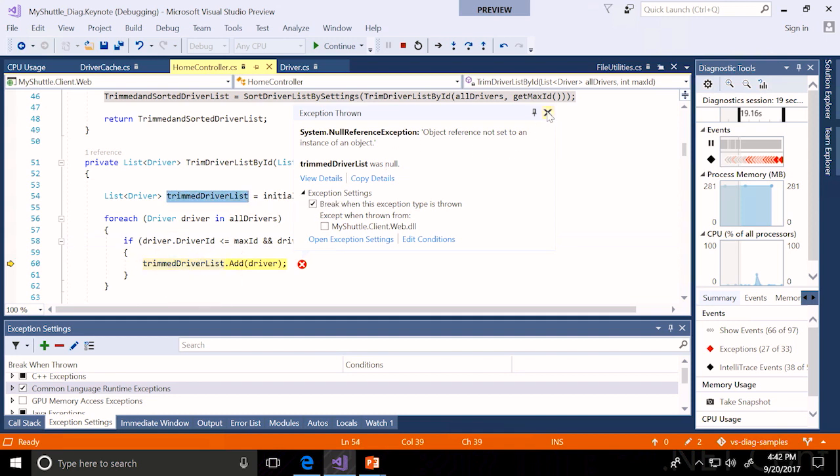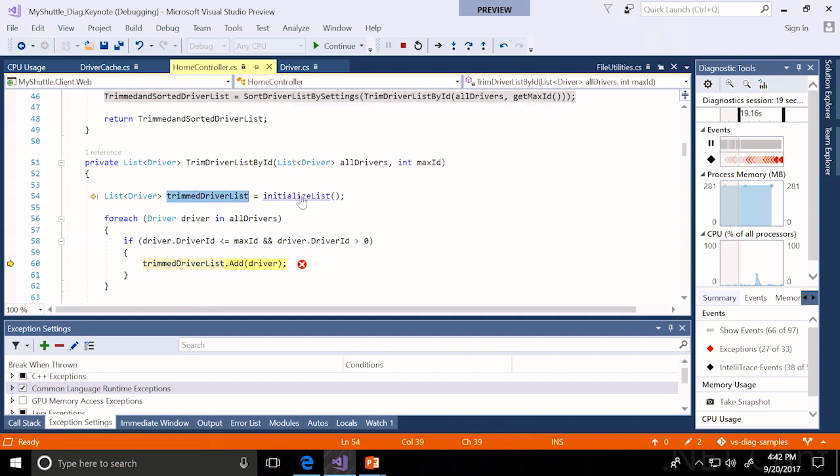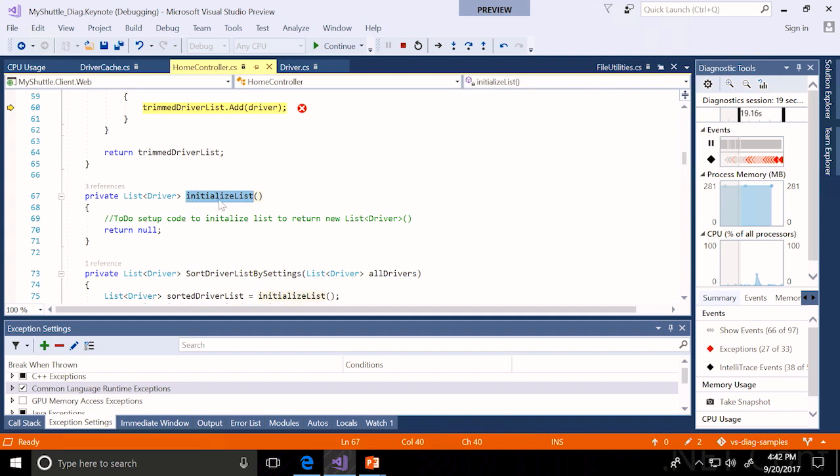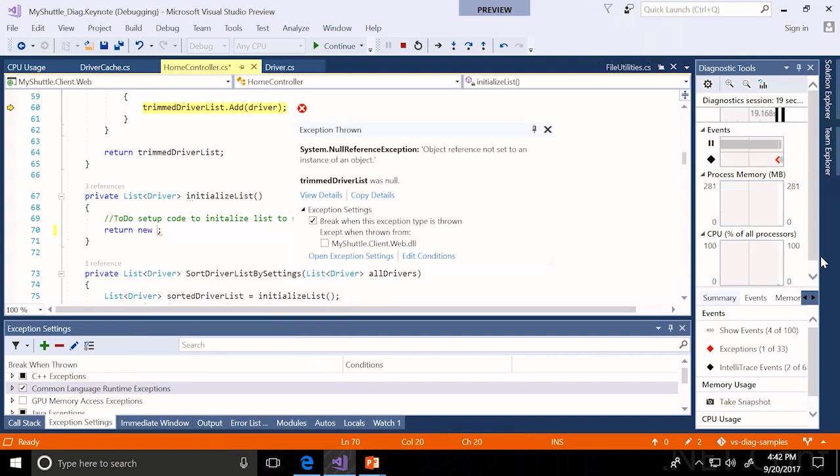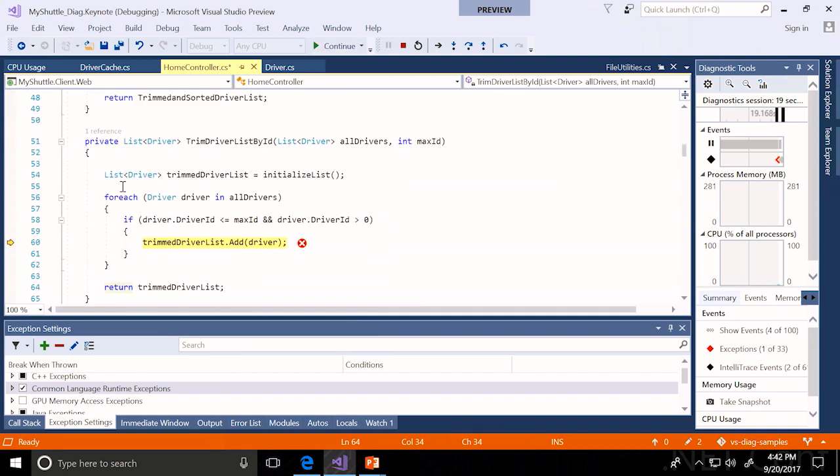Oh, there it is, right up there. It's being initialized. I'm just using Control-click to navigate around here. It says initialize list. I forgot to return a new driver list. So let's go ahead and return new list with the drivers. Okay, so now hopefully I'll have to actually use control set next statement to go back here to make sure